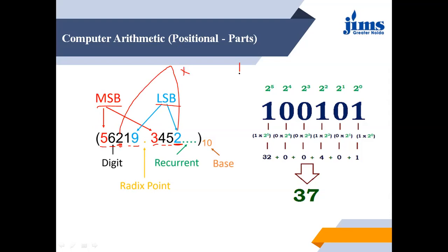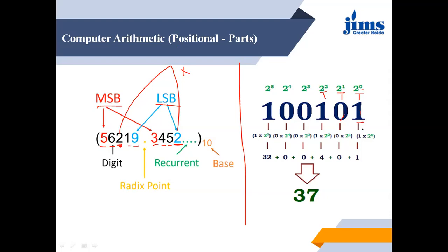This is another example to understand the concept of a positional number system, as this is a binary number system. Here the numbers are a combination of 1 and 0. So suppose this is a number in binary, then the positions of these are based on the power of 2, that is, 2 raised to the power 0 is the value of this, 2 raised to the power 1 is the value of this, 2 raised to the power 2 is the value of this.